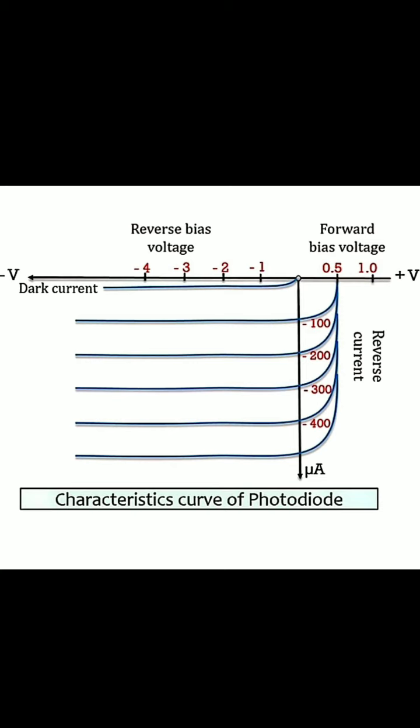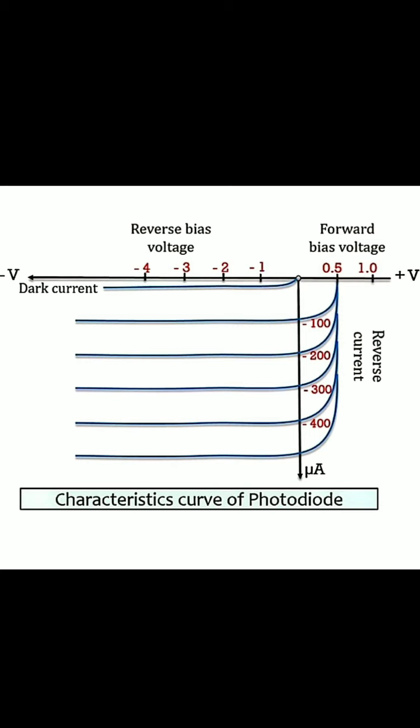In some books you see that in forward bias, as we increase the voltage, the photocurrent also increases because the intensity increases. In some books it will not cross that perpendicular line. If you draw this one, I will also attach another VI characteristics curve over there. If you draw this one and that one, it's okay, no problem.